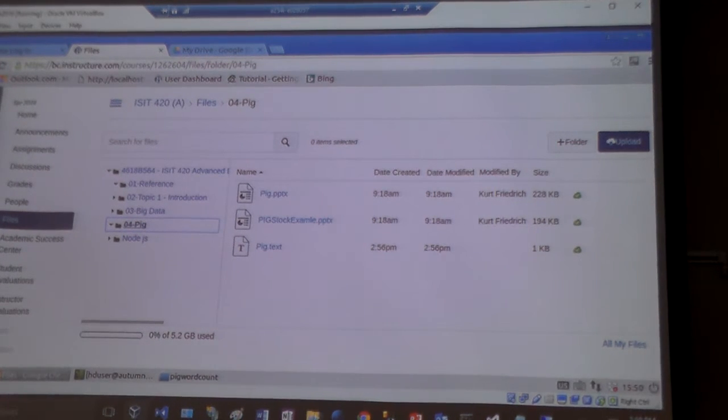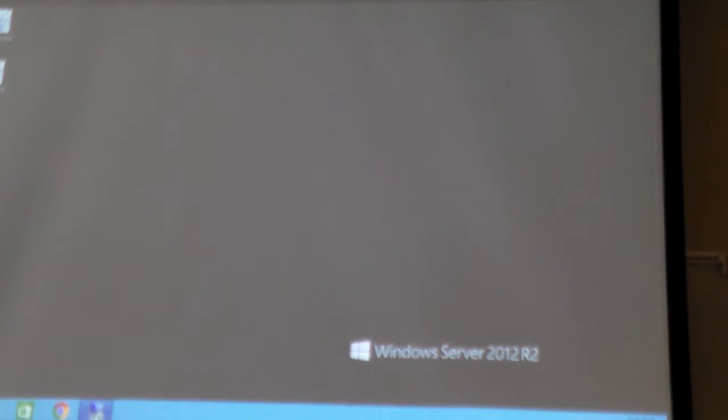So for that, I can get out of Linux and I can get into, no, actually, what I really want to do is go to a whole different